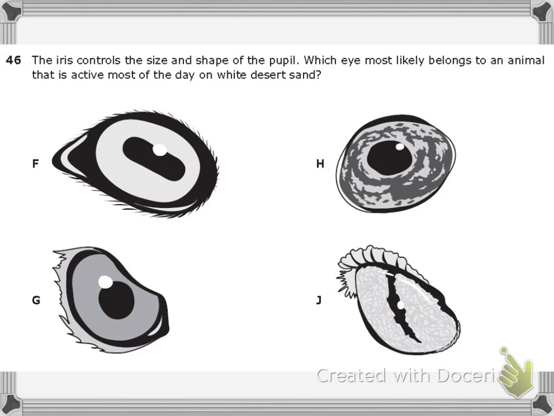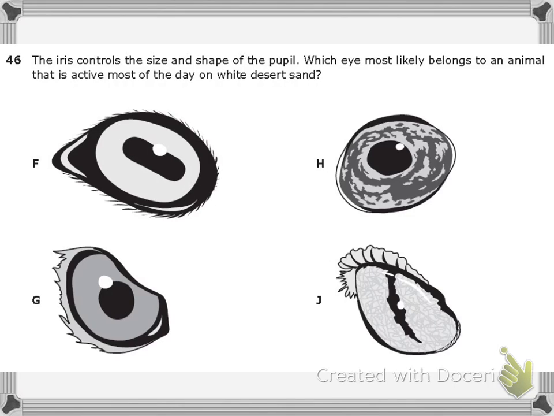Number 46 states, the iris controls the size and shape of the pupil. Which eye most likely belongs to an animal that is active most of the day on white desert sand? So if you know from some of your biology learnings what the iris and the pupil are, this makes this